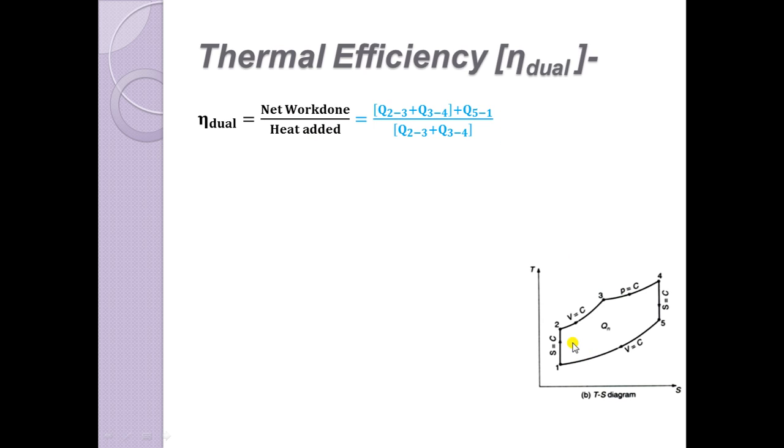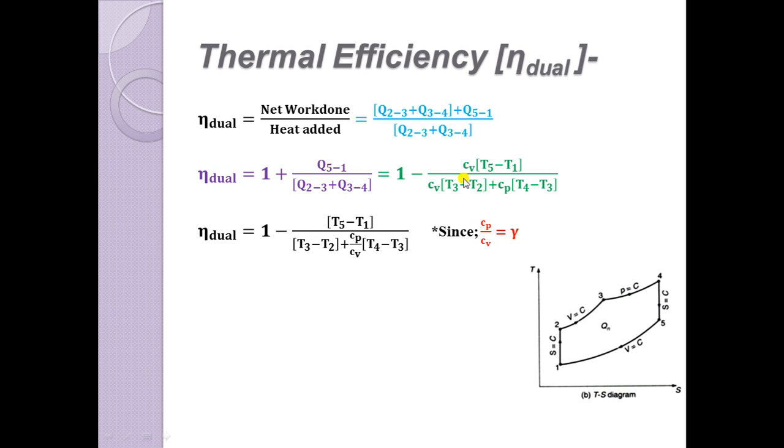So heat transfer takes place from 2 to 3 and 3 to 4, as well as heat rejection from 5 to 1. So we are going to add all the heat transfers during the process. Based on that, after simplification we will get 1 plus Q51 over (Q23 plus Q34). So we have the expressions for heat rejection as well as heat addition during constant volume and constant pressure as this.